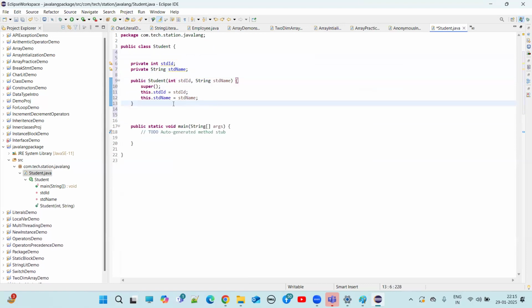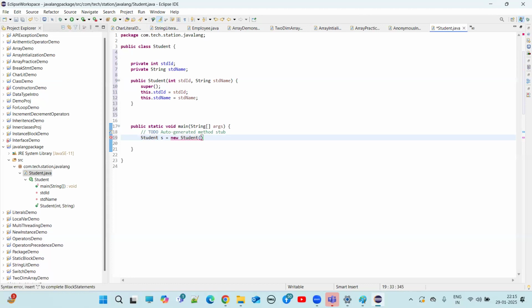Fine. Okay, constructor I'm creating, guys. I'm not creating anything great here. Now after that, what am I doing here? Now I'm creating an object of the Student class in the main method. From the main method only execution will start in a Java program. Student s is equal to new Student,